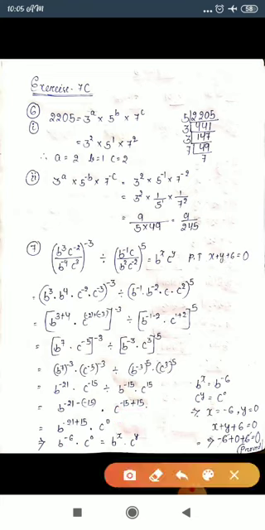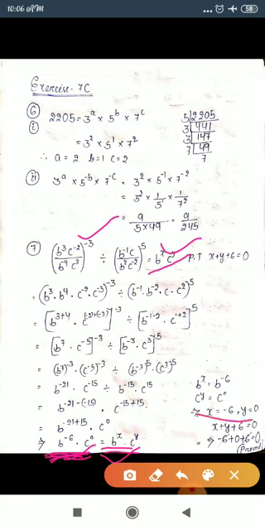Okay, now students just see, b to the power minus 6 times c to the power 0 we got. This one is our LHS. And what is our RHS? b to the power x into c to the power y. You can write it here because LHS equal to RHS, in the question it is given. Now students, just you can see it here, by seeing these two you can understand this: the value of x equal to minus 6 and the value of y equal to 0.